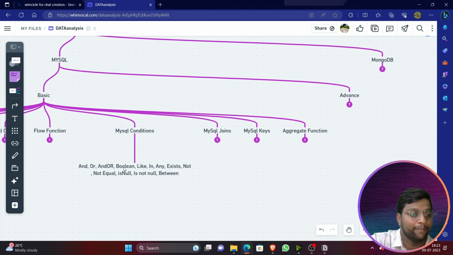And once this is done, you will be having MySQL conditions, like AND condition, OR, boolean, EXISTS, not equal to. Like whether a is not equal to b, we'll be writing in a Python program some conditions: if a is not equal to b, then print false, else if it is equal to b, then print true. So something like this, we'll be creating some conditions. In the same way you can create the conditions here. If you know any programming language, if you have worked with if statements, conditional statements in any other programming language, then this is also the same as that.